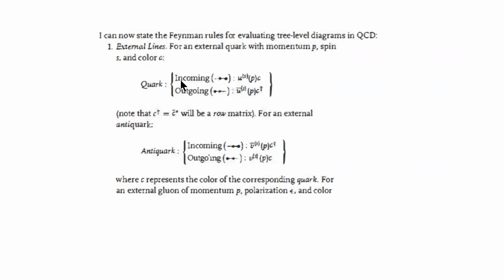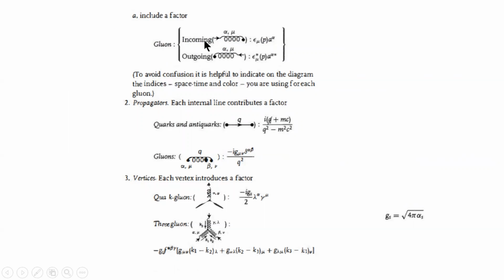So here for each incoming quark and outgoing quark, we have the spinor, and here is the C, which was the color vector. Okay, and here again we have it for the anti-quark. Again, for the gluon, in addition to what we had used to describe the photon, we have another vector A, an 8-state vector, to describe the color state of the gluon. Okay, so again we have the propagators for the quarks, anti-quarks and the gluon,